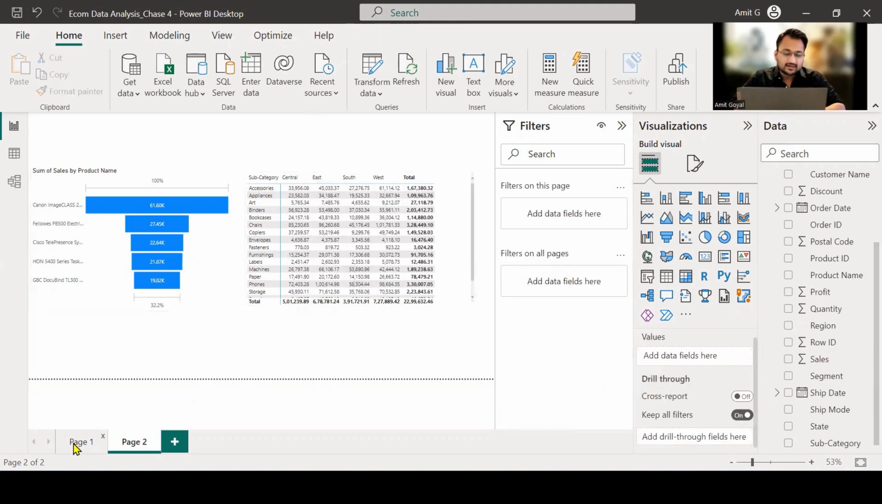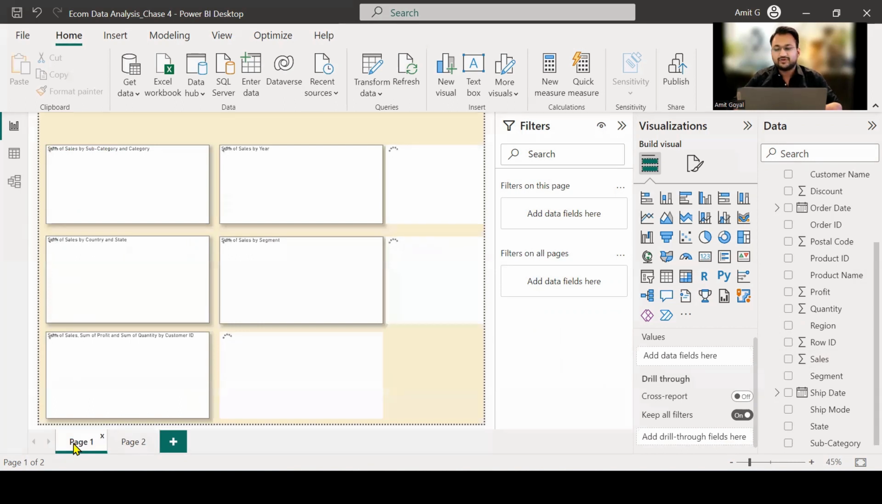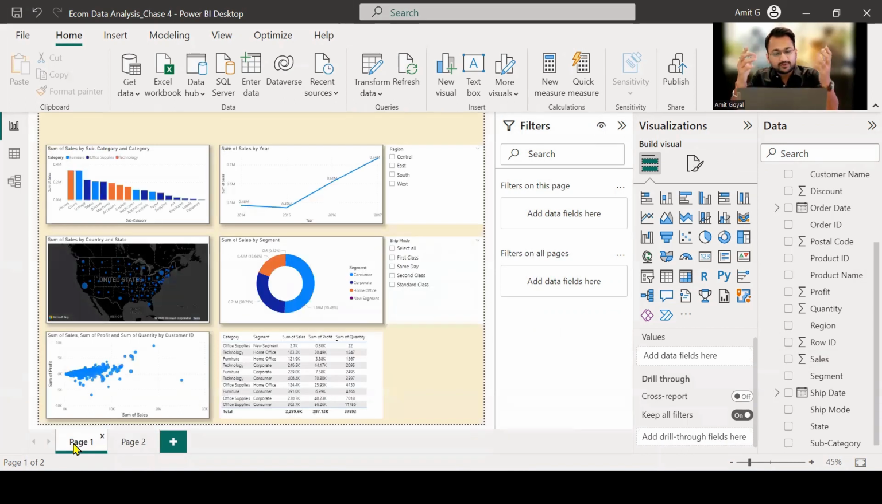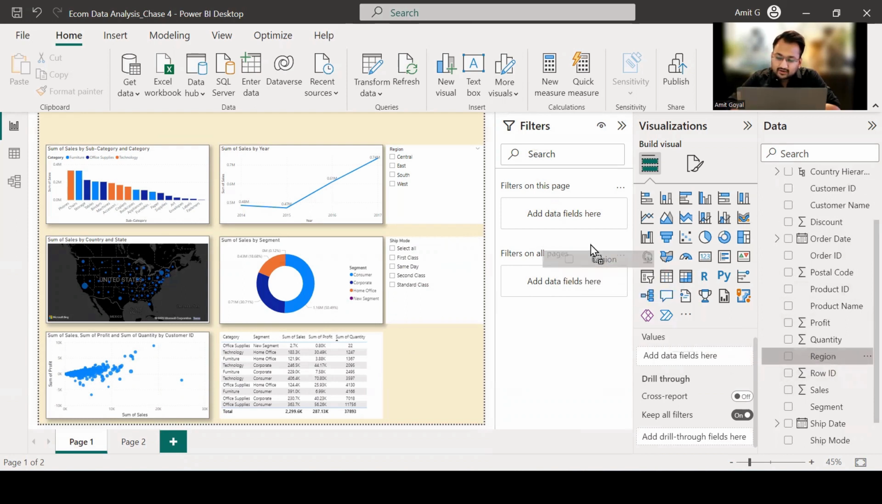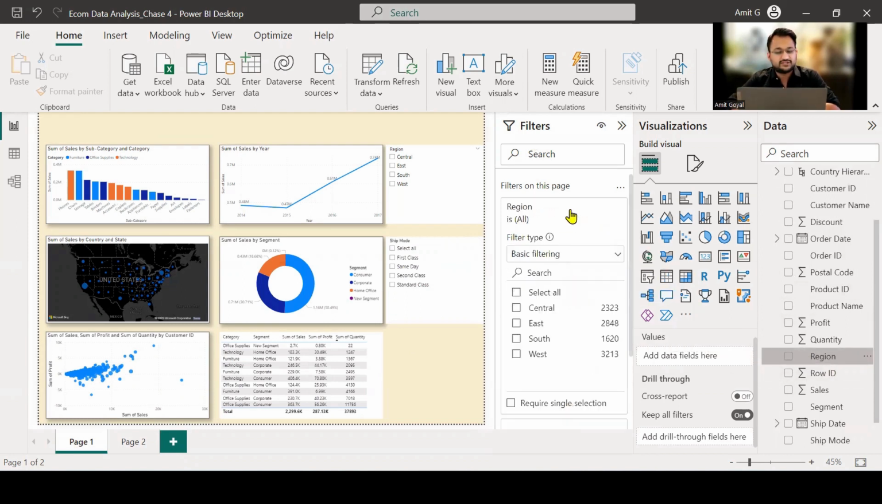Now I'll go back to my page 1. So we have seen how we have used a filter on the visual, plus a very beneficial use case of creating top N or bottom N products. Now, if nothing is selected on the page, you will see only two types of filters coming: filter on this page and filter on all pages. If I pick up my field of region and drag it over here on the option of filter on this page,